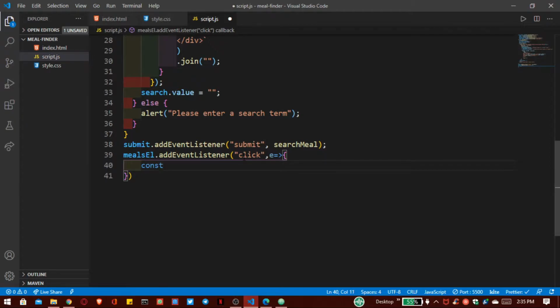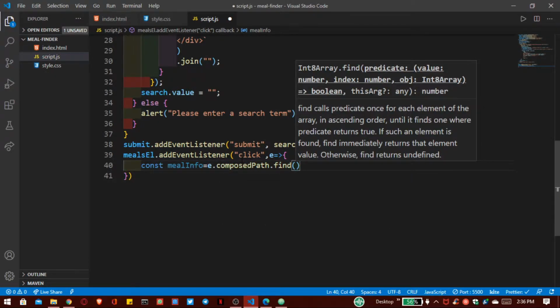So const meal info. Inside that event, we have to create another variable, that is meal info. And inside that, we have to find our particular recipe, the one we click. So we write here e.path.find.